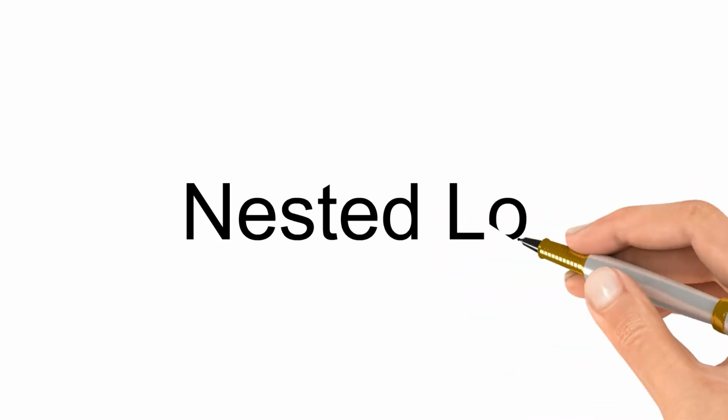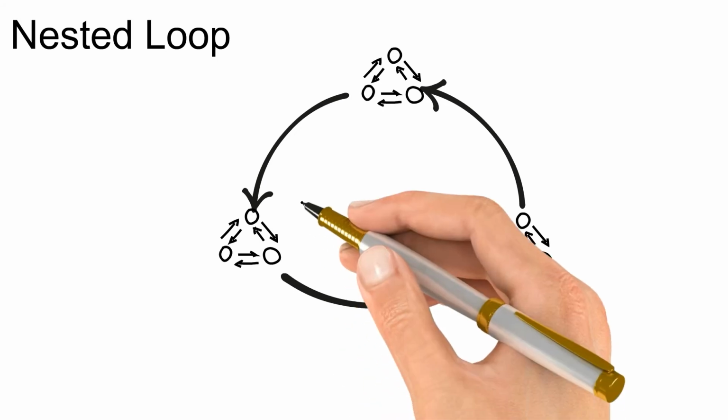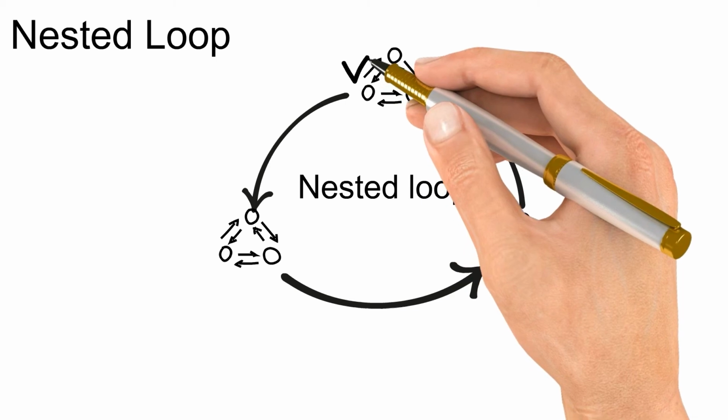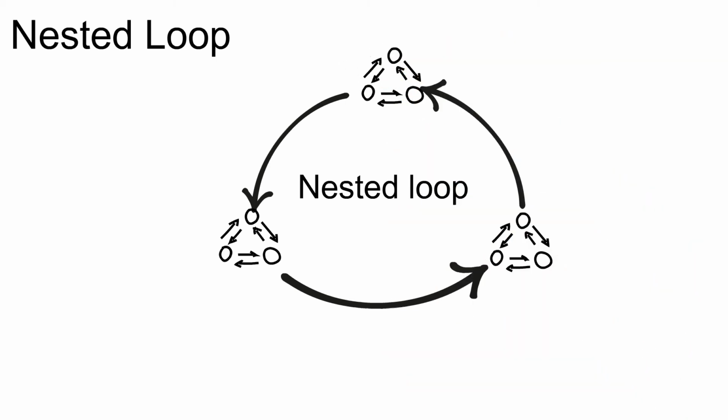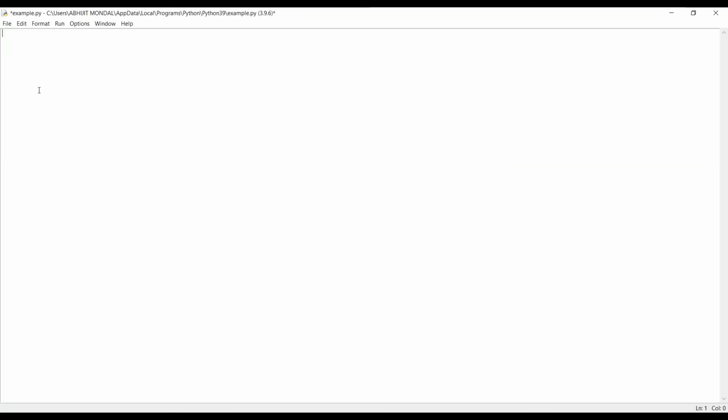Now, what are nested loops? When a loop contains another loop inside it as its body, the loop is said to be a nested loop. The inner loop is executed once the condition for the outer loop is satisfied and gets terminated automatically once its own condition for iteration becomes false, irrespective of the outer loop. Now let's take a look at an example. For nested loops, we will write a program to print the decimal points of numbers from 1 to 5.